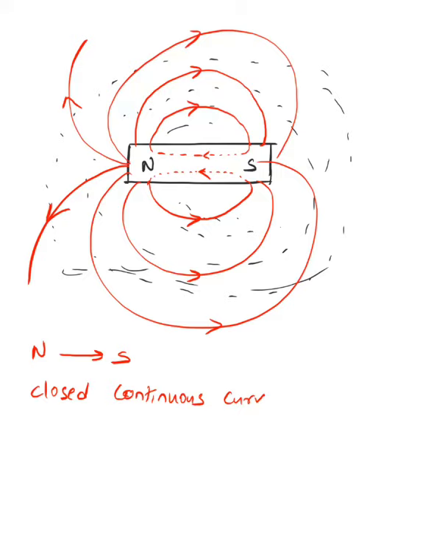Next thing, another property is that if you draw a tangent at any point, see, this is a little tough property. Say this is the point, and if I'm drawing a tangent at this point, you know tangent, right? Touching the line or circle at one point here. So what do they mean? If you draw a tangent at that point, you get to know the direction of the magnetic field. So if I would have kept a compass over here, look, your compass would have also rested like this only, is what they are telling us. So at any point you are drawing a tangent, that basically gives you the direction of the magnetic field.